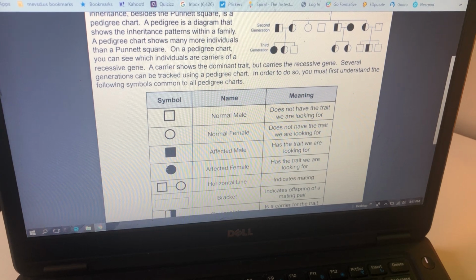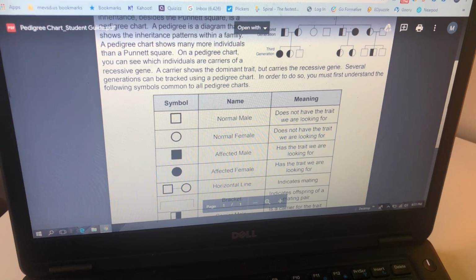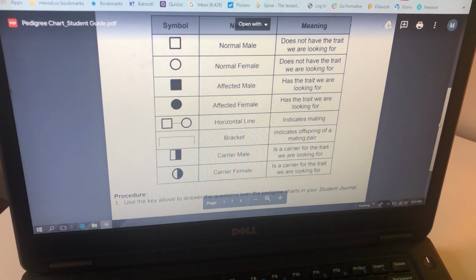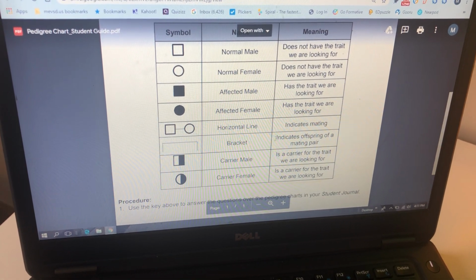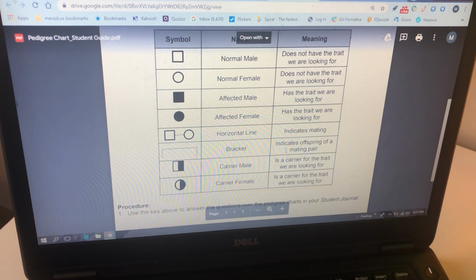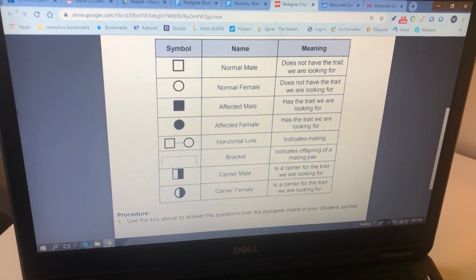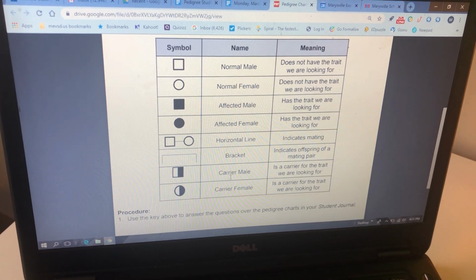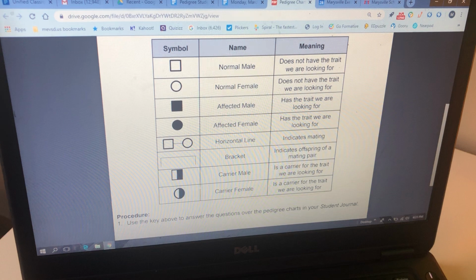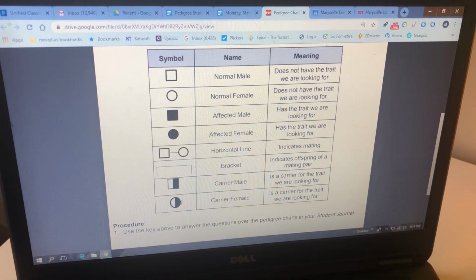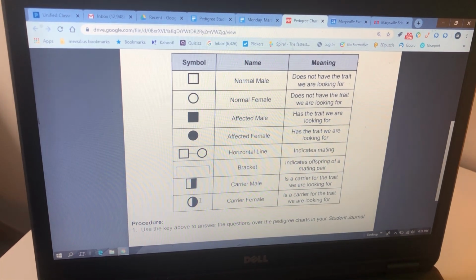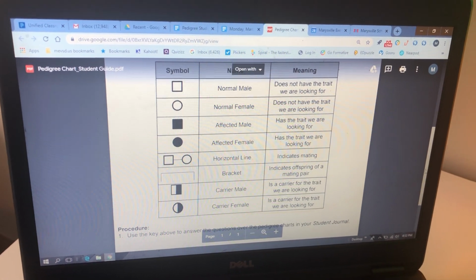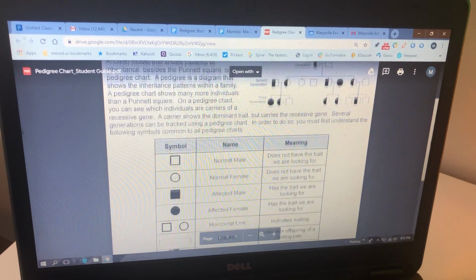If it's shaded in, it means they're affected. They have the trait that we're looking for, whether that's a dominant trait or a recessive trait. If they're connected by a line, they're married. And if they have a bracket, anybody off of them is their child. And then if they're half shaded in, they're a carrier male, which means they carry the trait, but they don't show it. And same thing with the females. If they're half shaded in, they carry it, but they don't show it. And then obviously if they aren't shaded in, they do not have the trait that we're looking for. All right, so